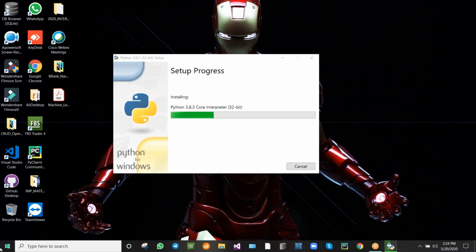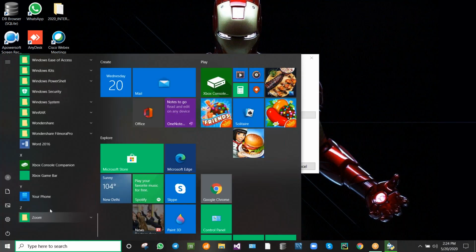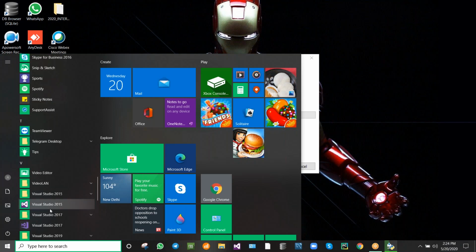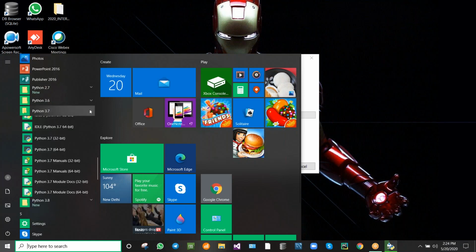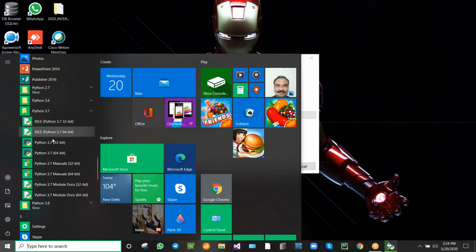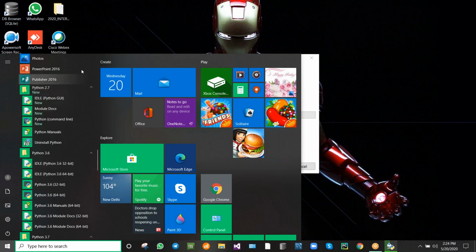It is installing. I will show you my previous versions. If you click on Python 3.7, we will have all the things, as well as Python 3.6. I have different versions for different projects in my laptop.